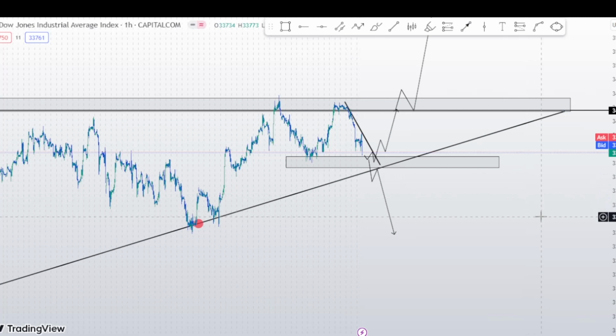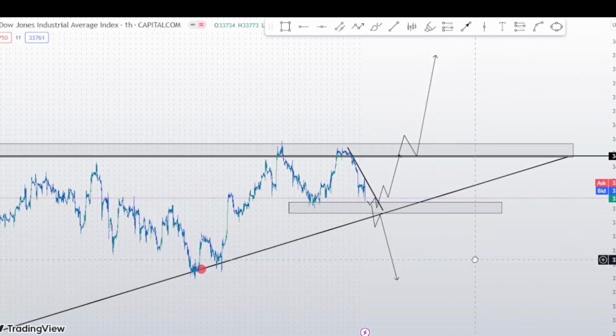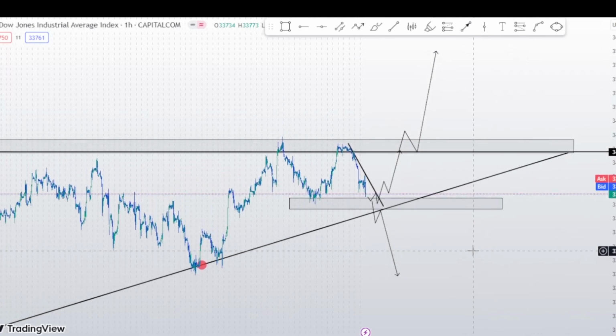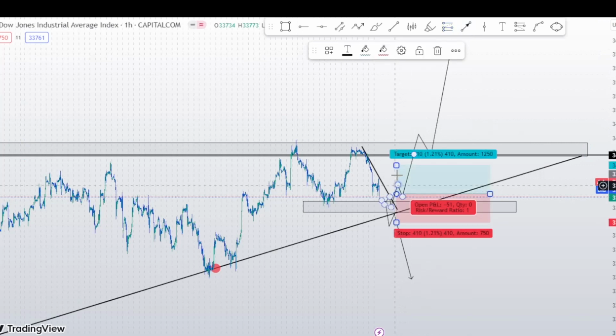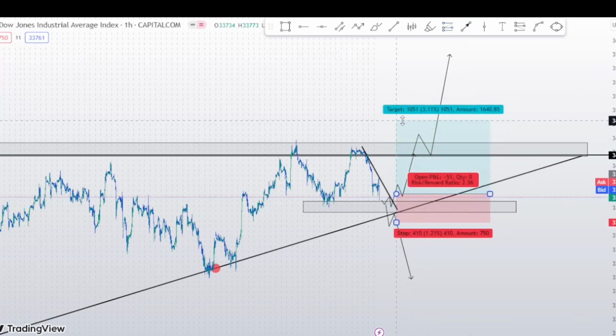The past movement helps us to predict the future movement and where the market can react when it gets there. So now this is all for Dow Jones. Remember, the good entries you are going to find on a lower time frame so that you don't hold a huge drawdown. So if you are taking your entry up here, you're going to be looking at